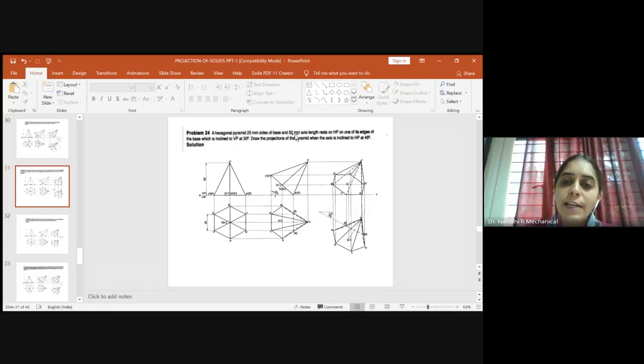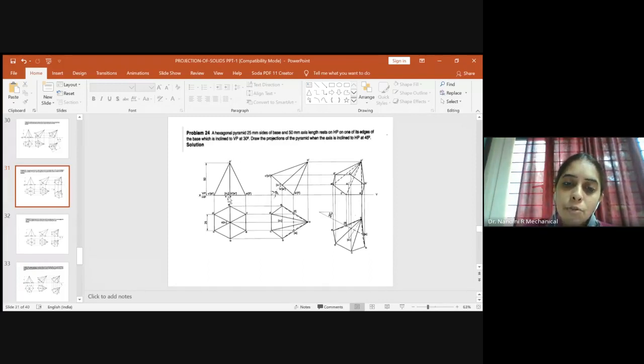It is told that the axis height is about 50 mm. Here we cannot show the center line because the center line is overlapped with the projection of this longer edge. Hence we will draw a continuous thick line. So from here you just project using a very light thin line. From there you project it above with a continuous thick line. See the dimension for the axis, it is 50.